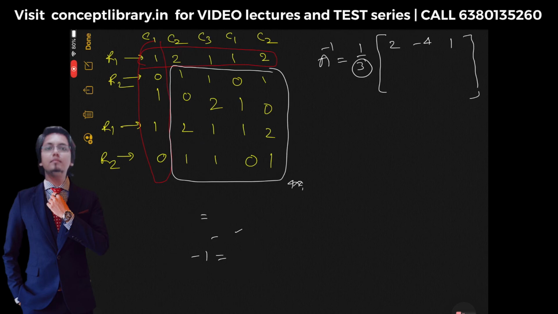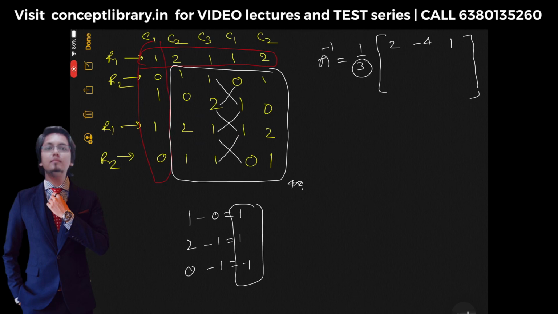Erase this element also, everything done. Now you go for the second multiplication set, means multiply 1 into 1, this is 1, 2 minus 0, so 0, 2 into 0, so totally we got 1 here. Then multiply this 2, then multiply this 1 1, multiply this 0, multiply this 1, we got minus 1. So again 1 1 minus 1, you arrange like this, 1 1 minus 1. Okay, so we are multiplying column wise, but we are writing row wise. In same way here we are multiplying column wise and we are writing row wise. Again same thing will happen.